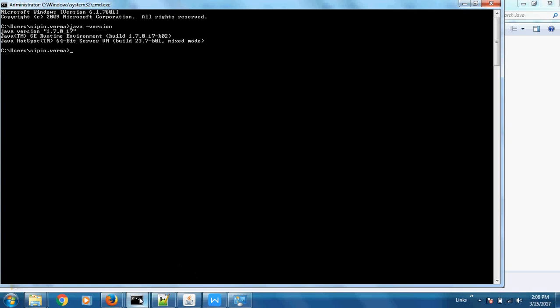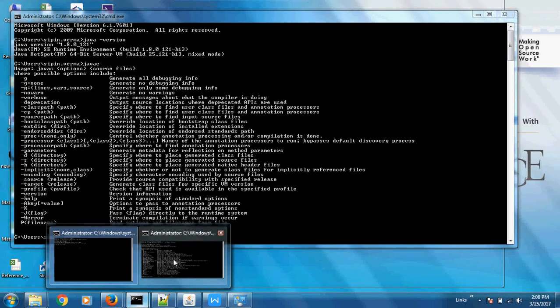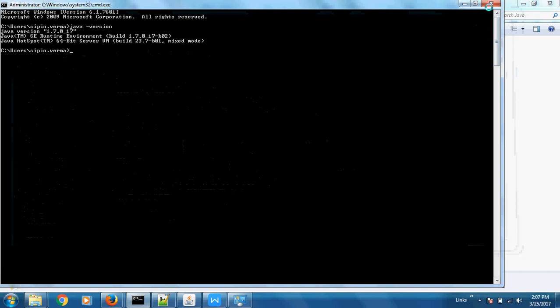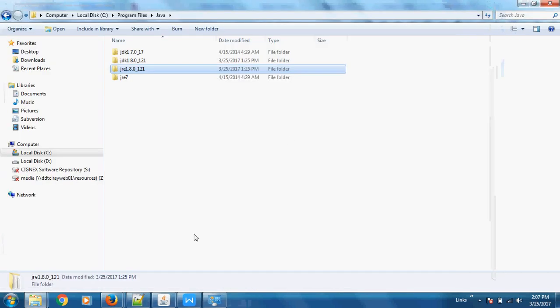After that I installed the JDK 8 and updated the environment variable, and now you can see after running this java -version command, it gives me the updated version 1.8. Run the javac command also to make sure it is configured properly. Apart from this JAVA_HOME environment variable, you also need to update the path variable.